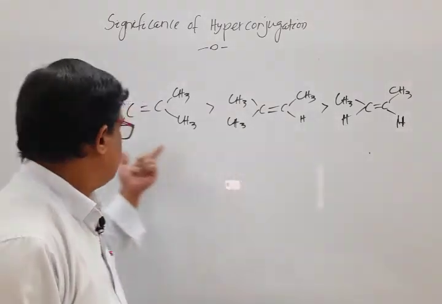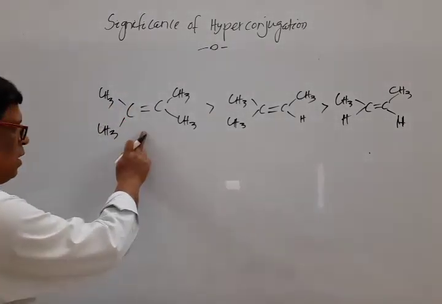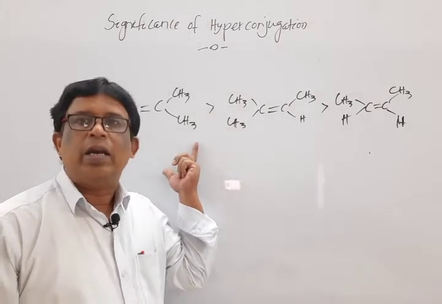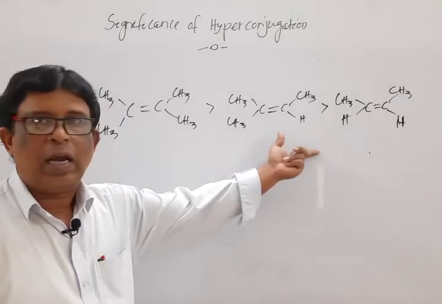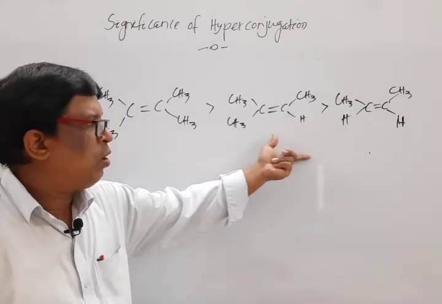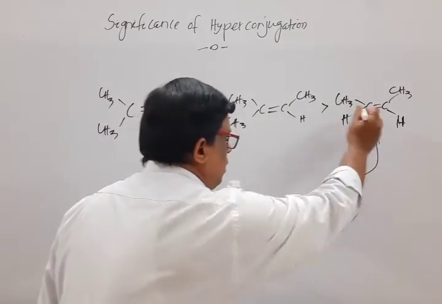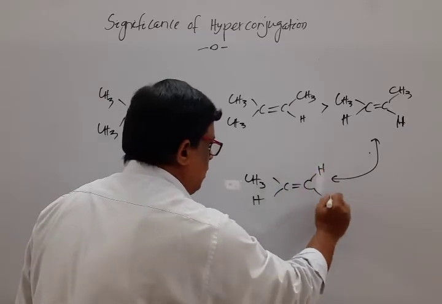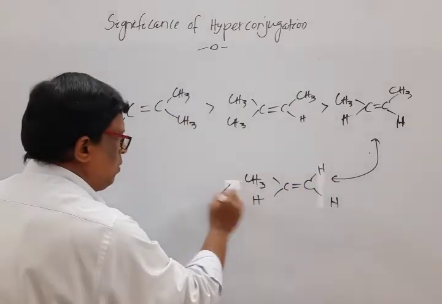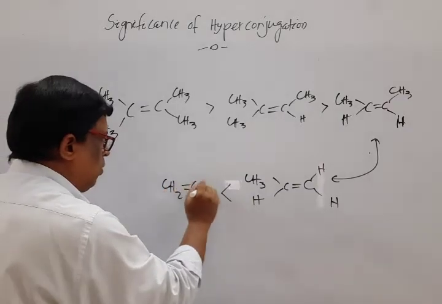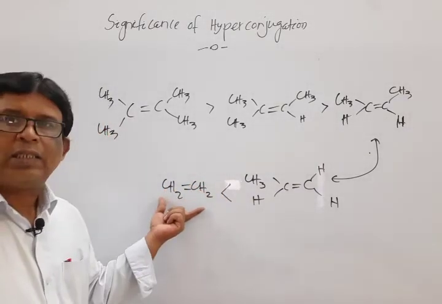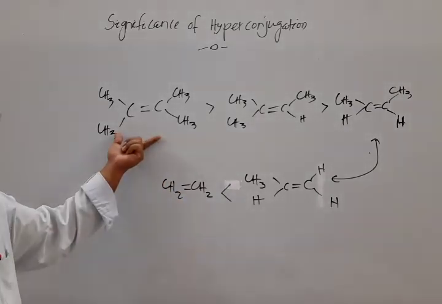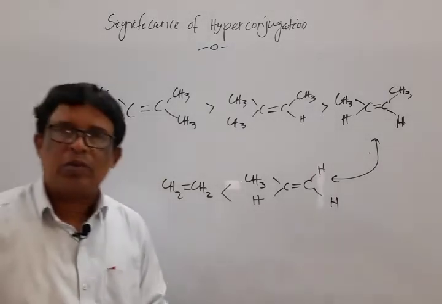If we discuss the stability, then this alkene, what is the name? 2,3-dimethyl butene is the most stable compared to the other alkenes. Here what we observe is the number of alkyl groups. If we move to the next one, then observe that it is CH3, H, CHH, and the last one is CH2 double bond CH2. Mark that, as there is no alkyl group, it is least stable. As it has the maximum, 4 alkyl groups, it is most stable.